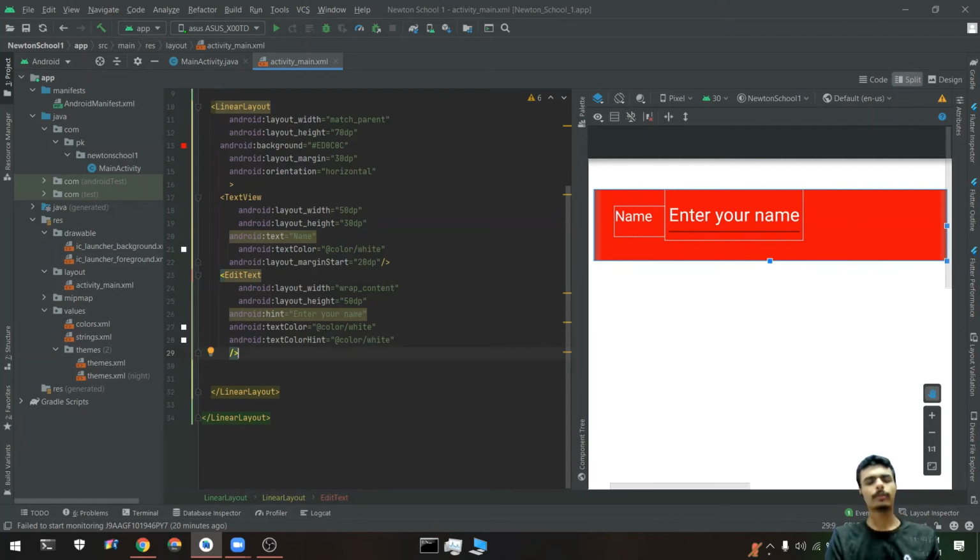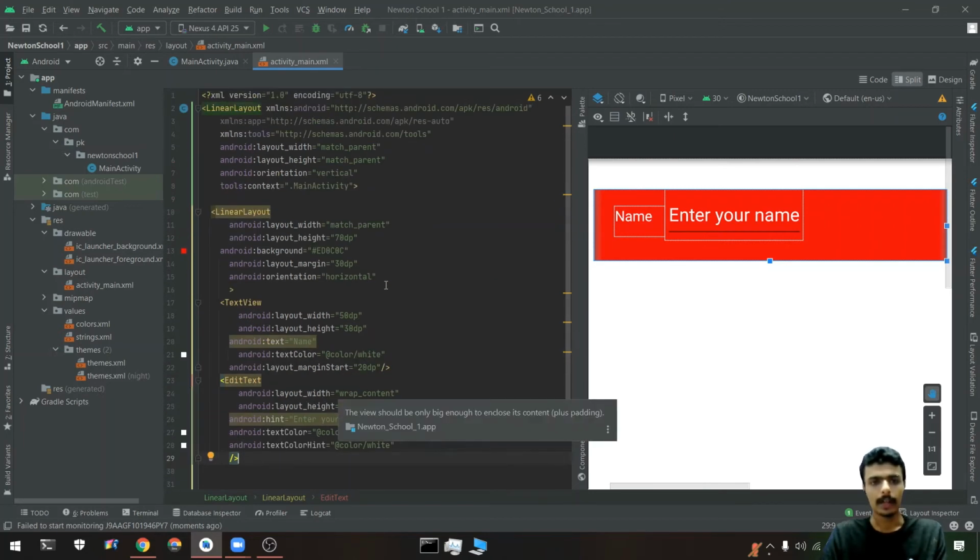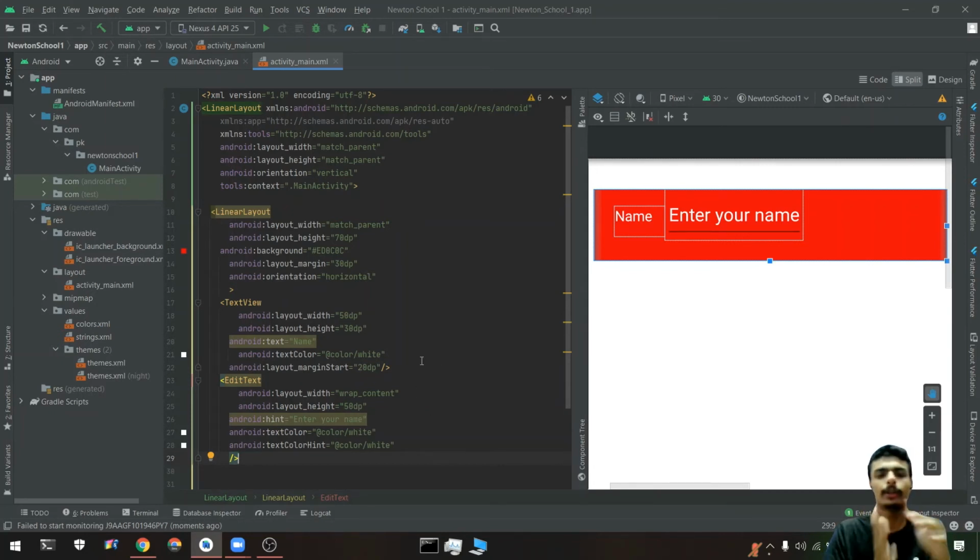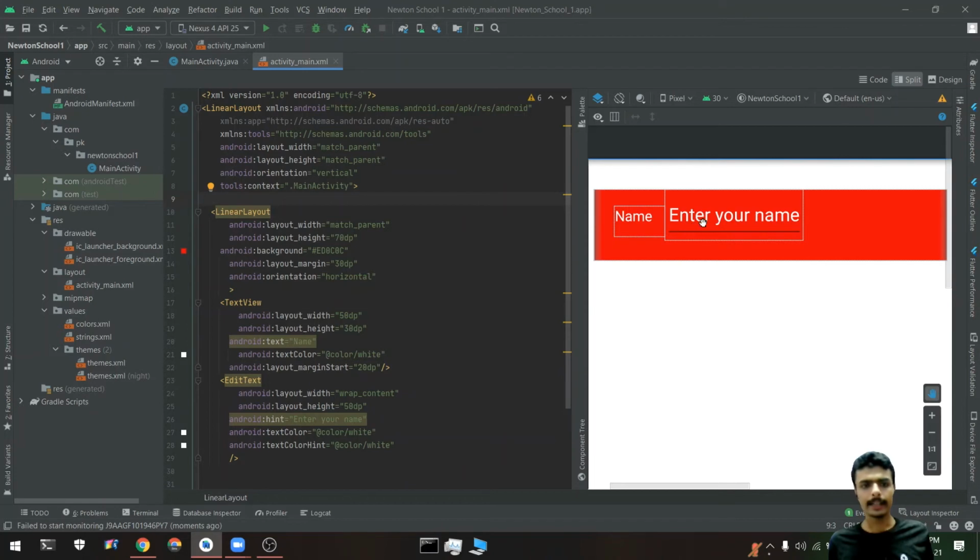So this is how padding and margin properties work in Android Studio. I hope you will understand it better when you try it yourself in Android Studio. I will also be showing you that an edit text is for typing.